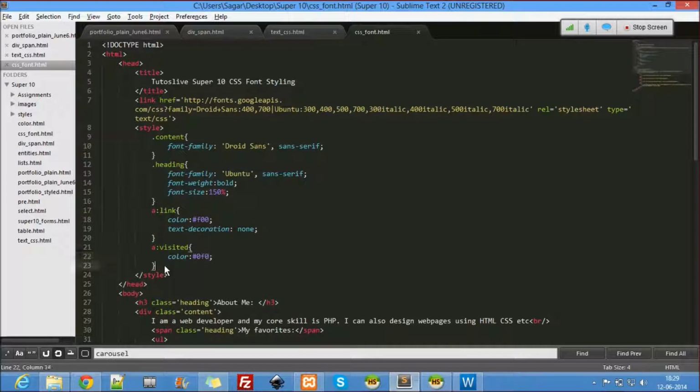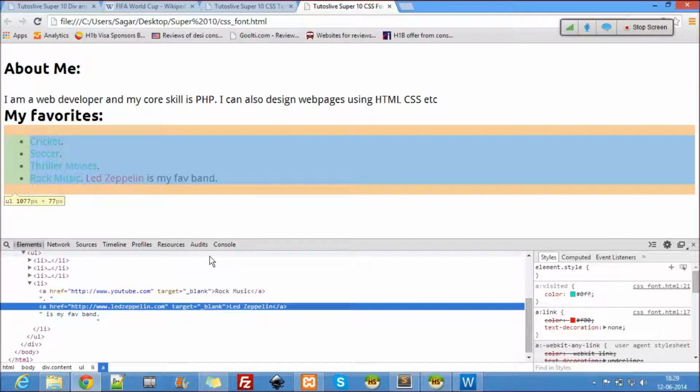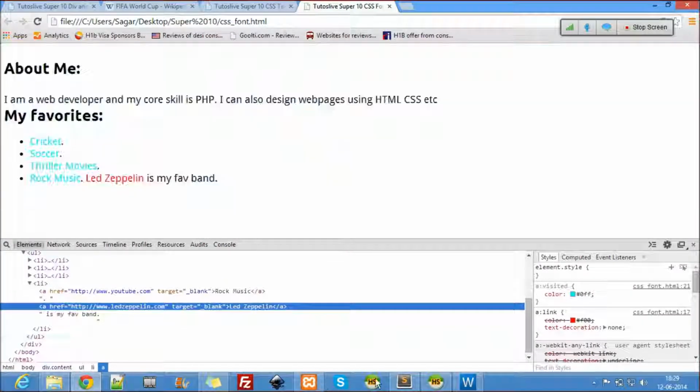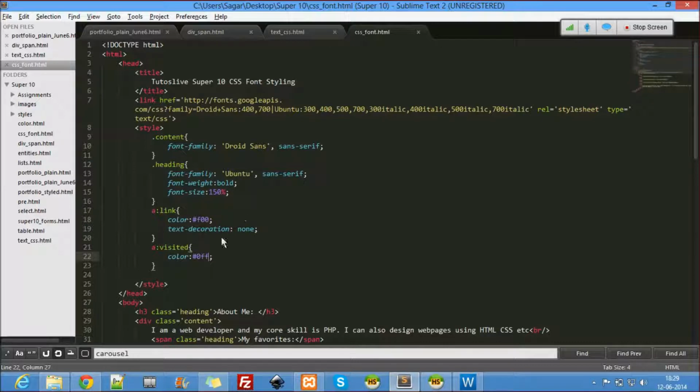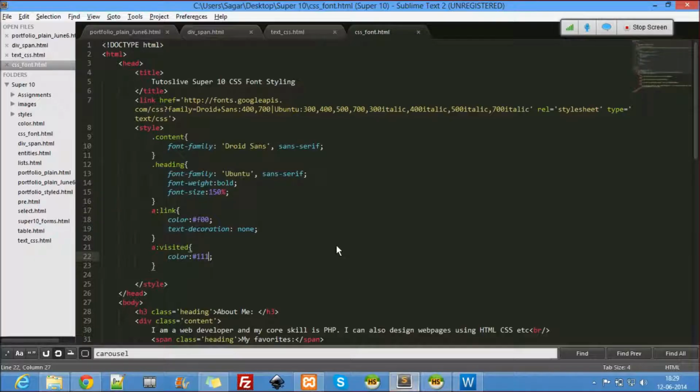Okay, green looks a little light. Let's use this color. I don't know what color it is. It's kind of black.